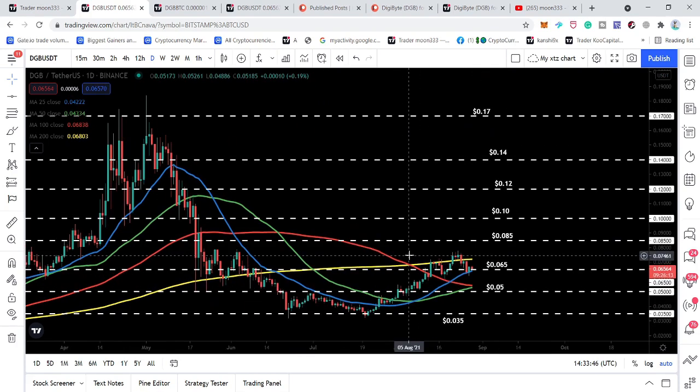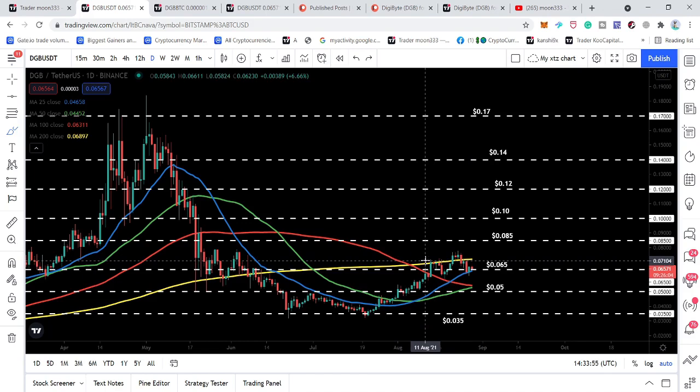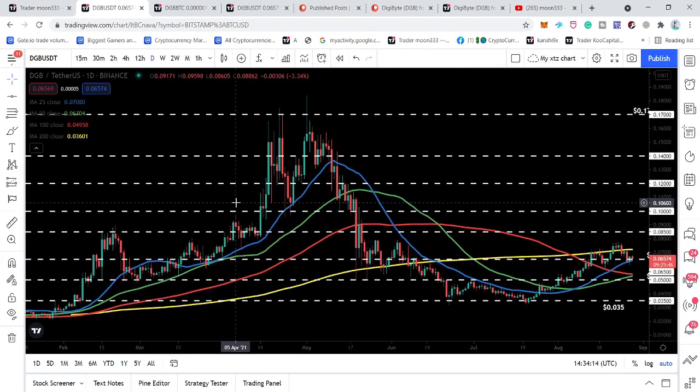Therefore, it was expected that this time it can again work as a strong resistance for the price action, but you can see that after one rejection, the price action has broken out this resistance. Now at this support, at the previous resistance of 6.5 cents, it is using it as a support and moving above this previous resistance level. The next resistance will be at 8.5 cents, and you can see that previously the 8.5